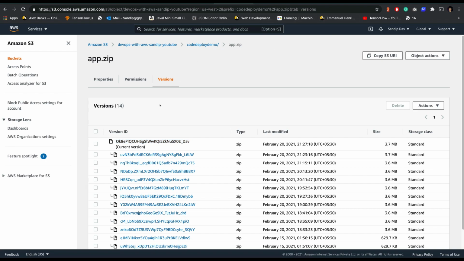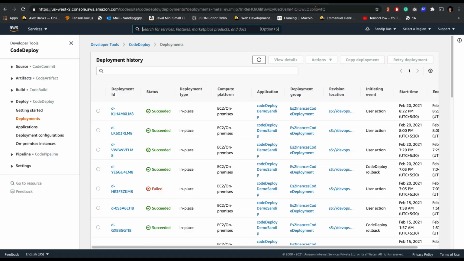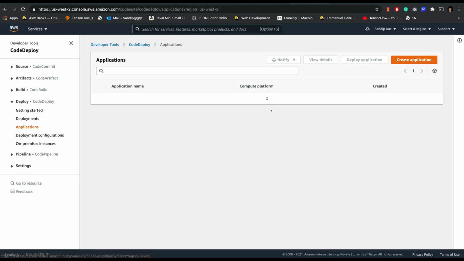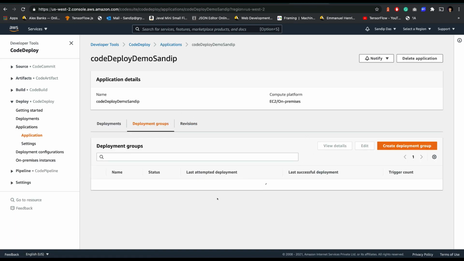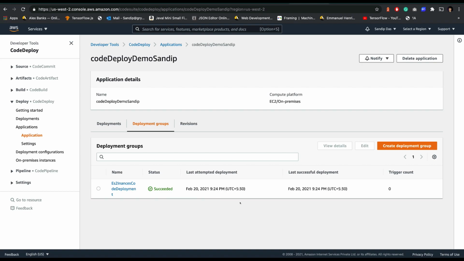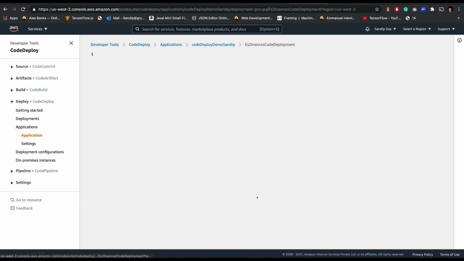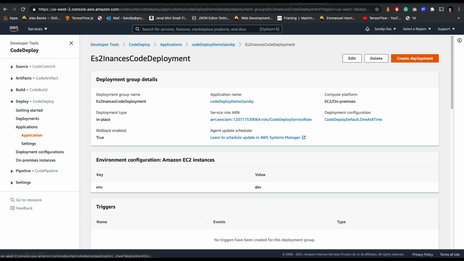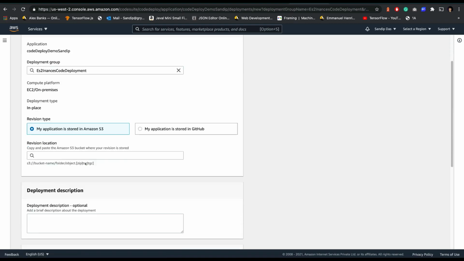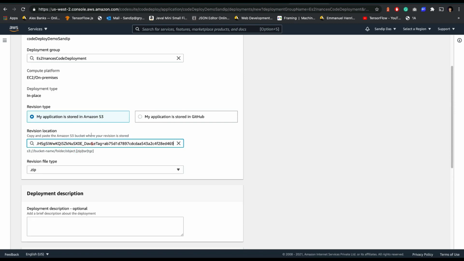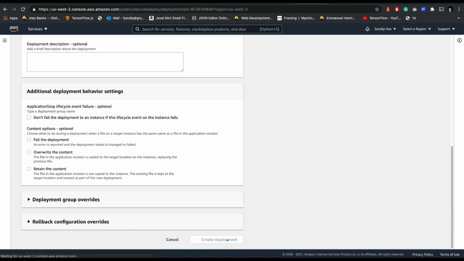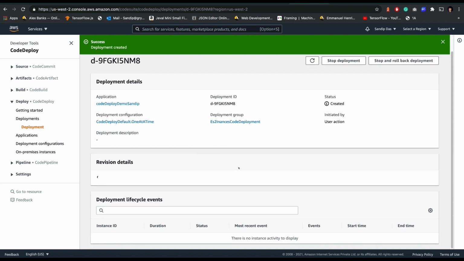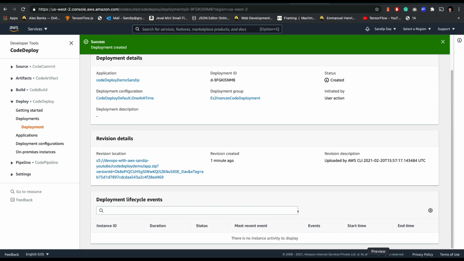Okay, let's see. Now this is the new ID, and if I go to CodeDeploy, just click on the application, then the application name, click on the application group, click on create deployment, and there in revision location, give the ID. You'll find the ID here, just the actual revision link, and click on deployment. We'll see within a few seconds it will deploy, and then we'll verify how it looks.